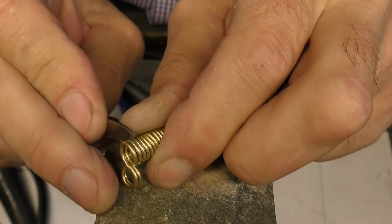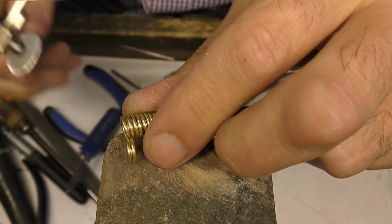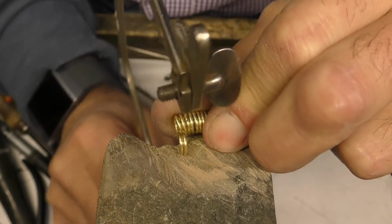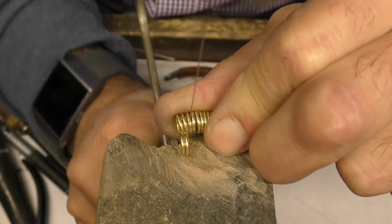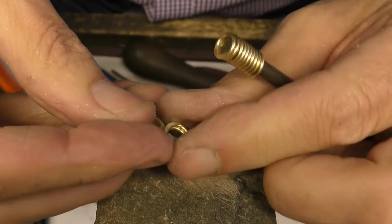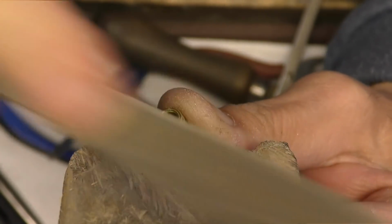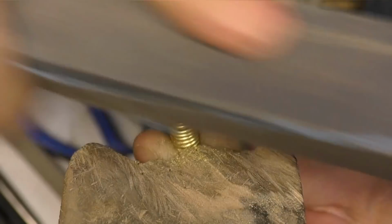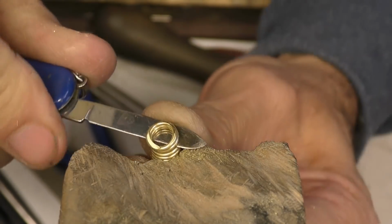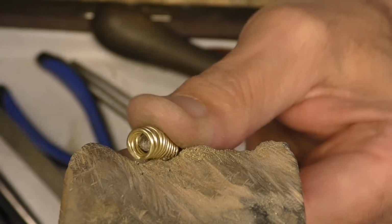Stick the knife in again. And cut through, being careful again not to contact what will be the end link and the start of the next one. Again, just file it up. Tidy it up, knife in, bend it up, being careful not to separate the next two, and